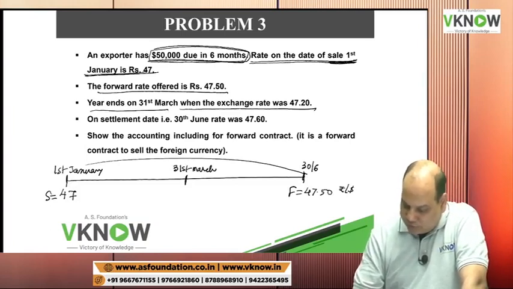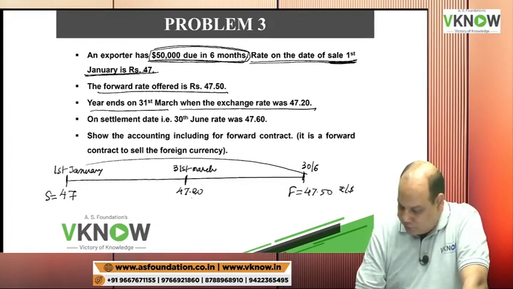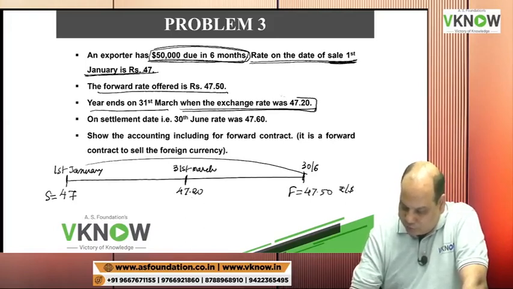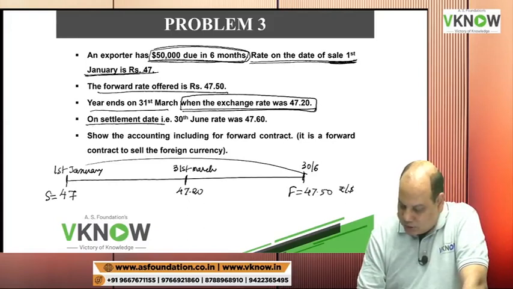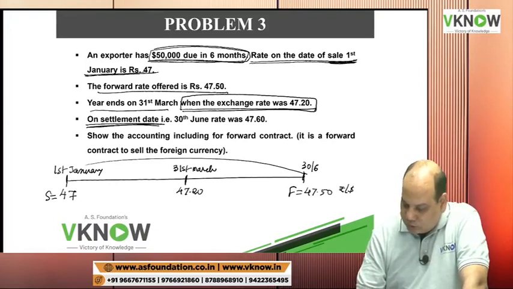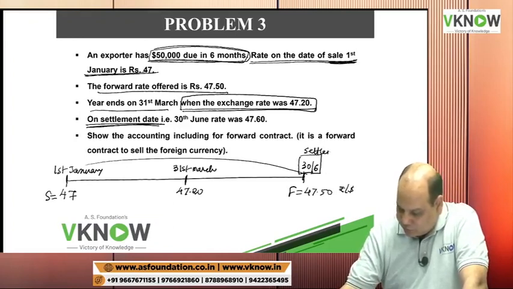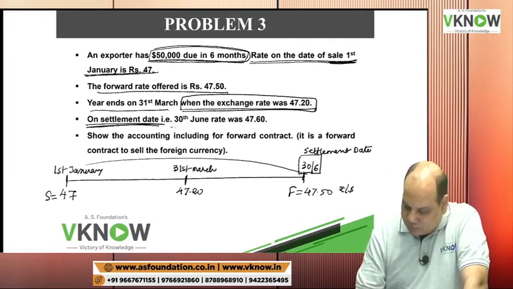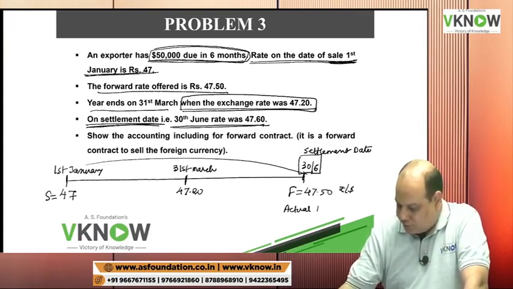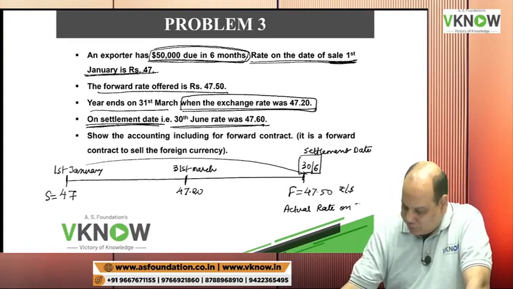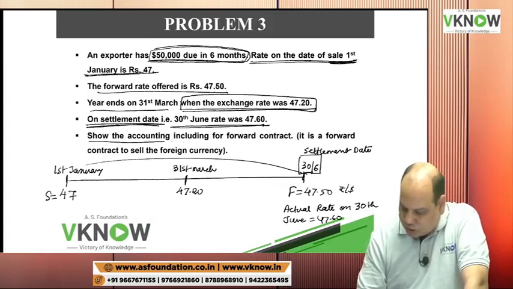When the exchange rate was 47.20. On the settlement date means 30th June. This is called settlement date also. On the settlement date, the rate is 47.60. So actual rate on 30th June is 47.60. Show the accounting